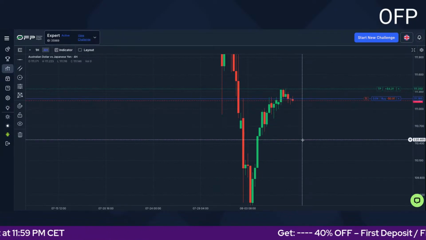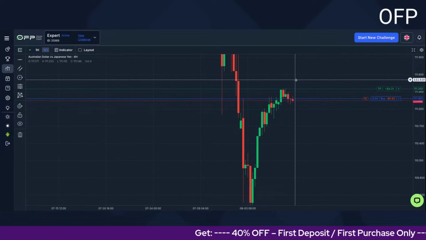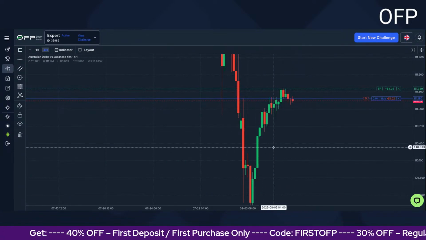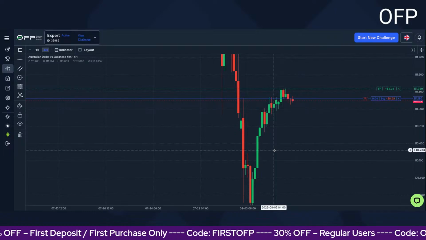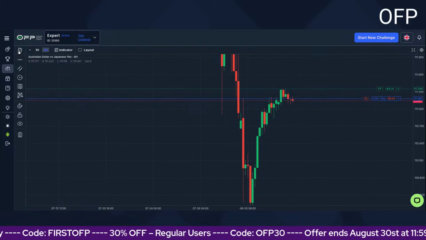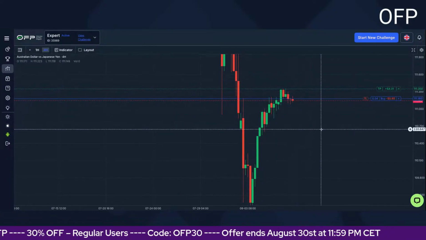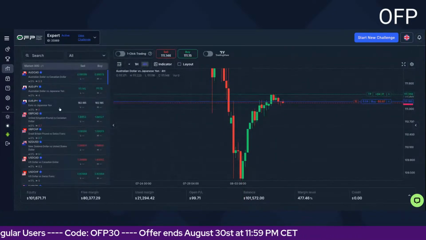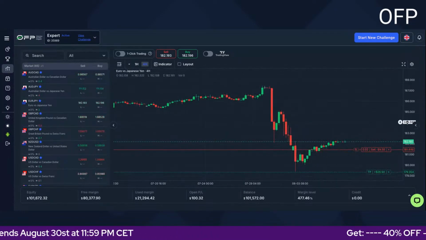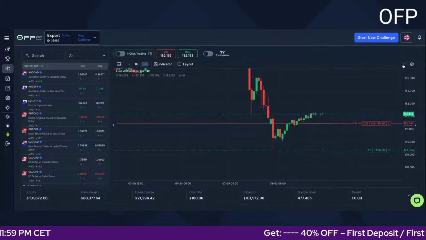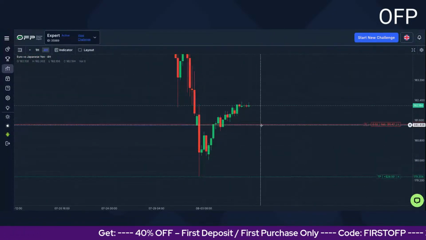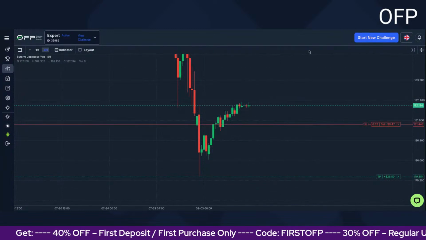But if it drops even further, we will be looking to still buy probably around this area as well, around 110.279. We'll be looking to buy going to the upside on Aussie yen. Then let's look at euro yen. Euro yen, we are selling this one. So this one is actually a great hedge according to my analysis. This seems to be a great hedge. We're looking to make a new low, while Aussie yen we're looking to make a new high.